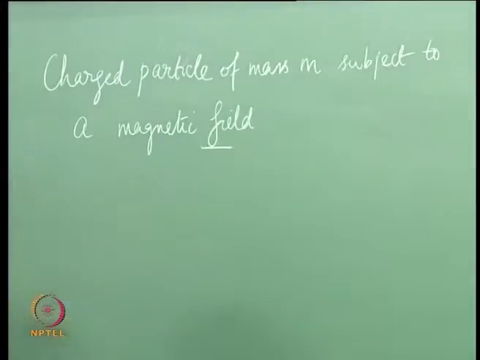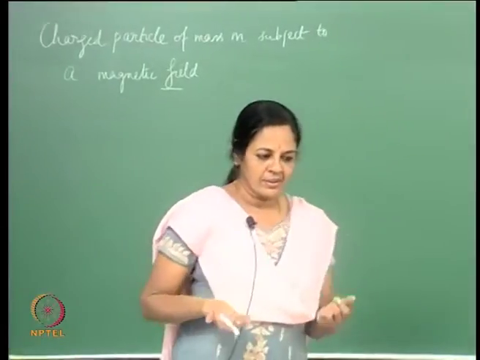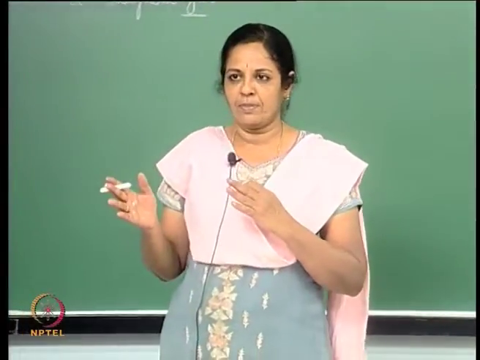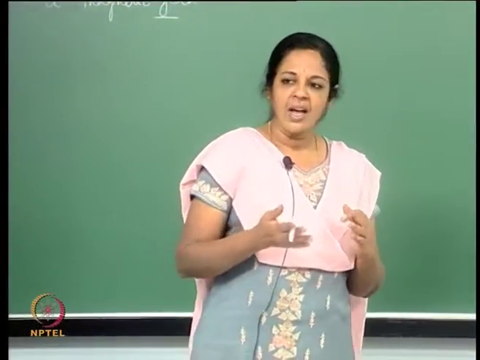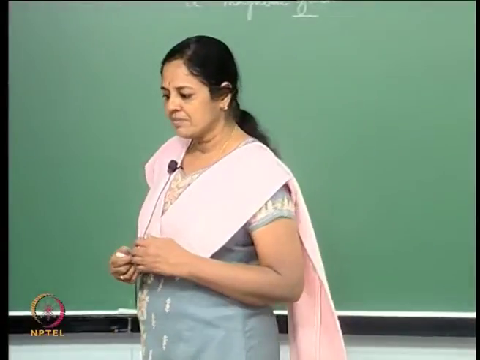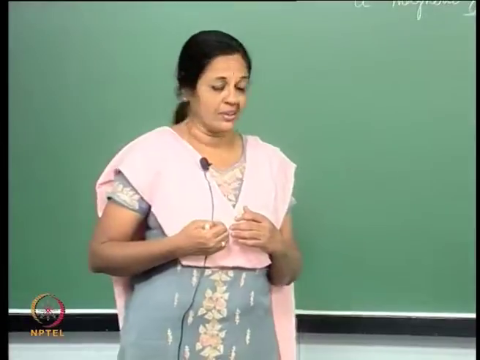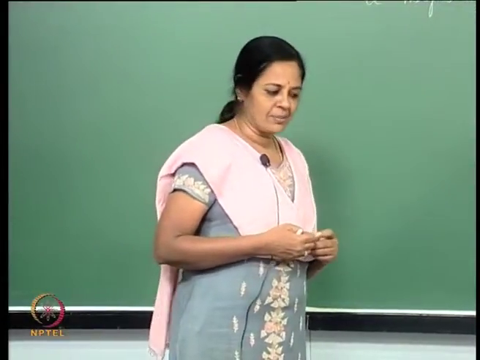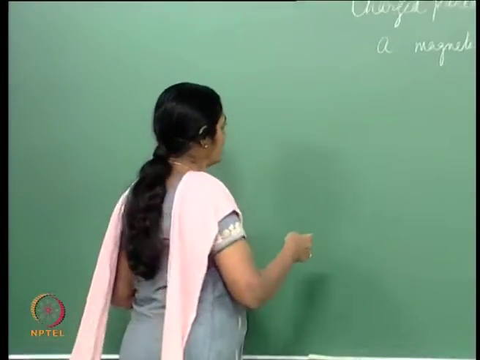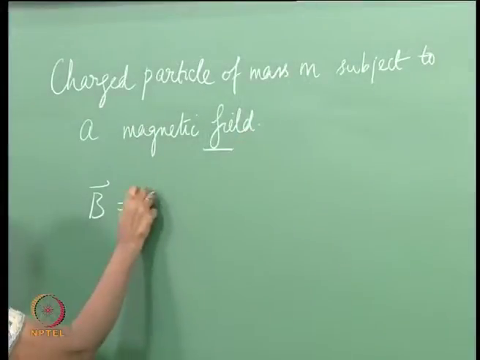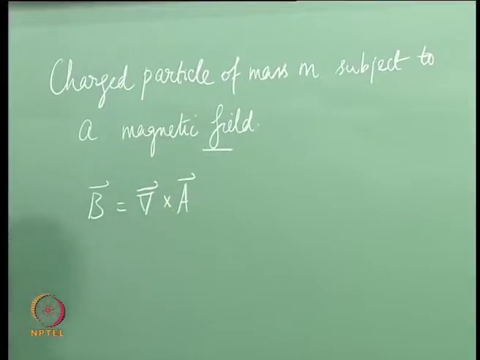As I mentioned to you yesterday, the eigenfunctions would involve the eigenfunctions of the oscillator type, of the linear harmonic oscillator type, and also a part of the eigenfunction would correspond to that of a free particle, and we will see how exactly that comes. So, first of all, the magnetic field B itself can be written in terms of the vector potential as